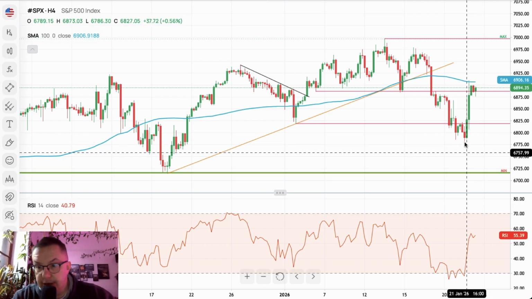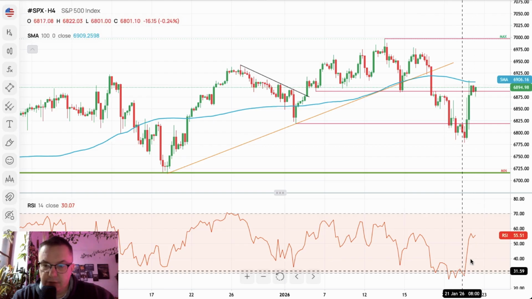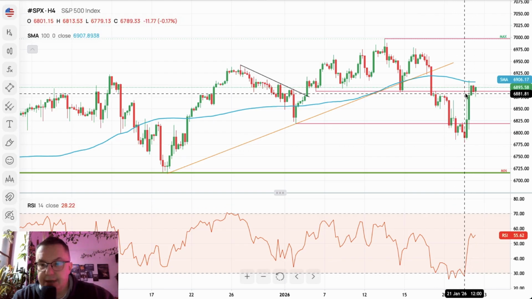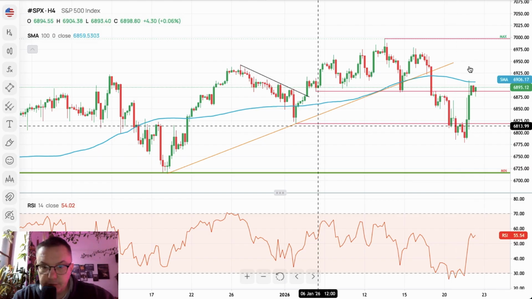S&P 500 reversed all of the movement to the downside from the level which is very, very suspicious, 6,779. Nothing here, completely nothing, except the extremely oversold conditions. One big movement to the upside, second big movement to the upside towards 100 periods moving average. So right now,